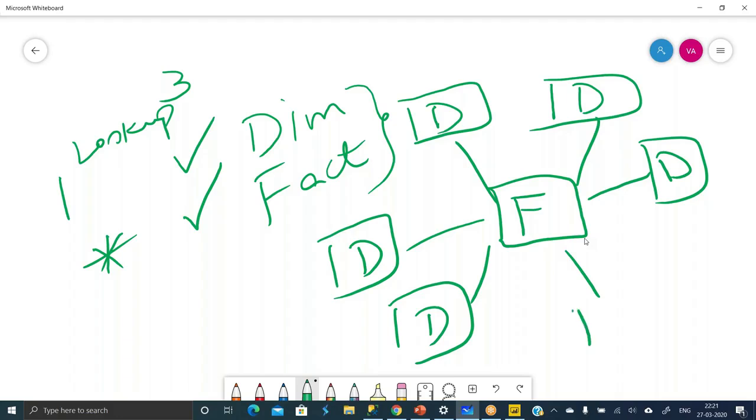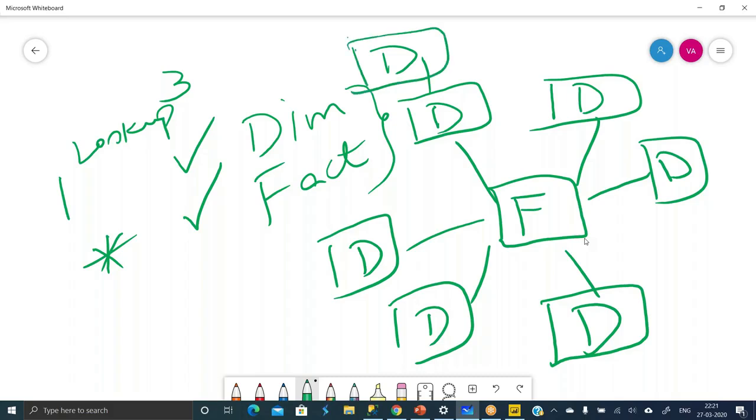Power BI is recommended and works best for star schema. It is also not advised to have more normalization, because if you go with snowflake schema, we have dim to dim connected. It will be a more normalized form. It is not good for analysis, I mean, not user friendly for analysis. That is why it is recommended to go with star schema. In that case, what happens is, dimension tables are